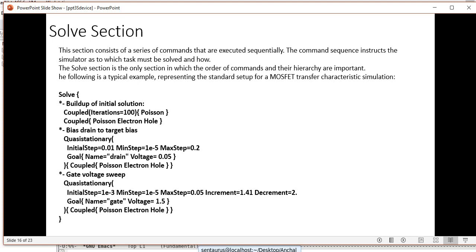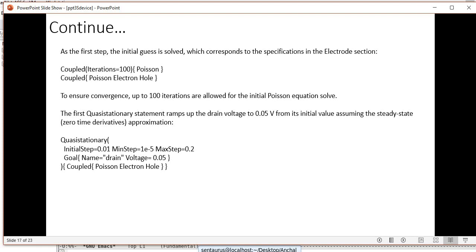It gives the iteration as first step. Initial guess is to solve, which corresponds to the specification in the electrode section. Here your convergence is up to 100 iterations are allowed only in the initial solve section. Now the first